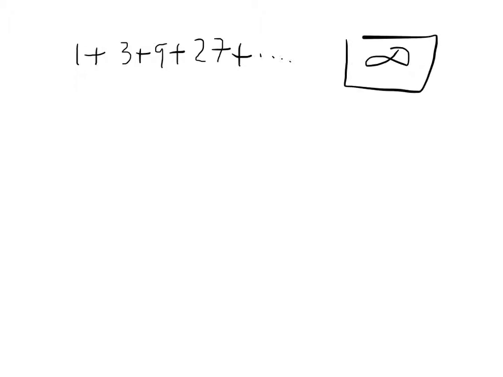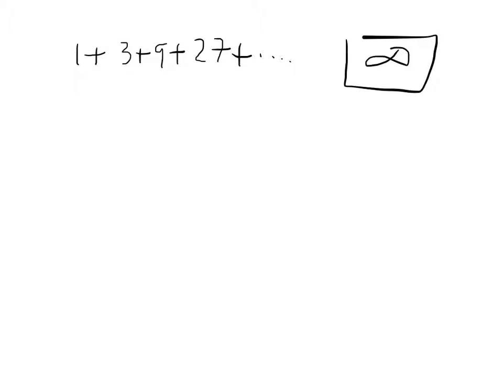Okay, so here in section 10.5, we're going to be interested in summing up, if we can, the infinitely many terms in a geometric series. Now, obviously, if you have a geometric series, 1 plus 3 plus 9 plus 27 plus, that's going to sum to infinity, unless we're doing string theory, in which case we might get a weird answer. But for our purposes, we keep adding more and more, bigger and bigger terms, so we add up to